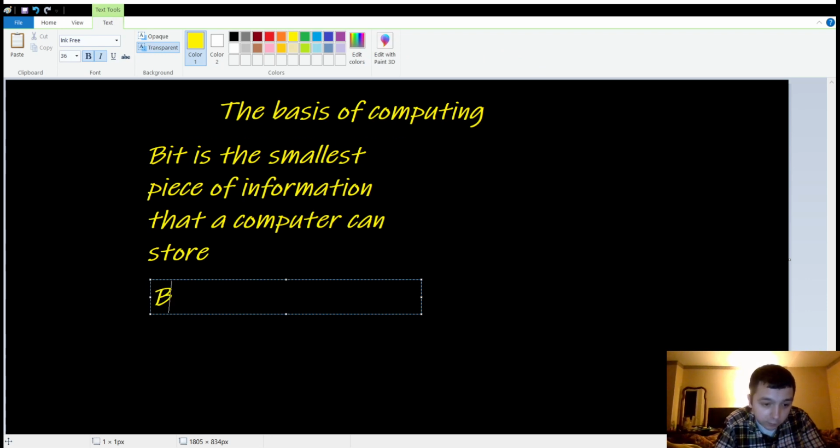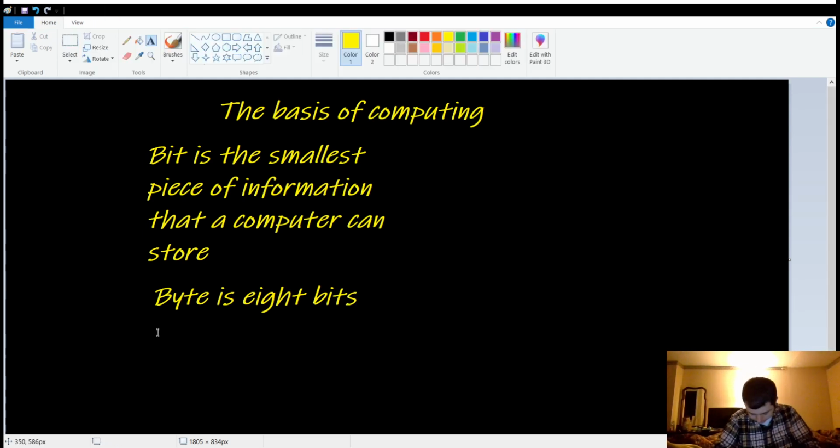And I'm just going to define them and then explain them. A byte is 8 bits. So basically, a bit is the smallest piece of information that a computer can store, and you probably know how